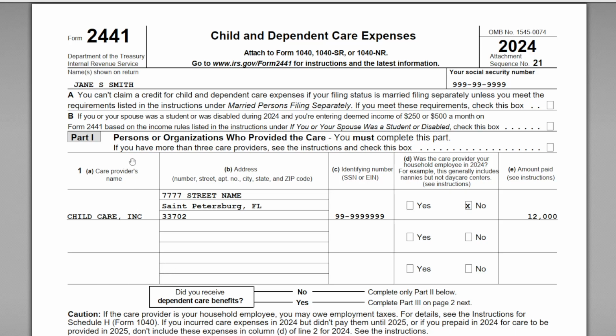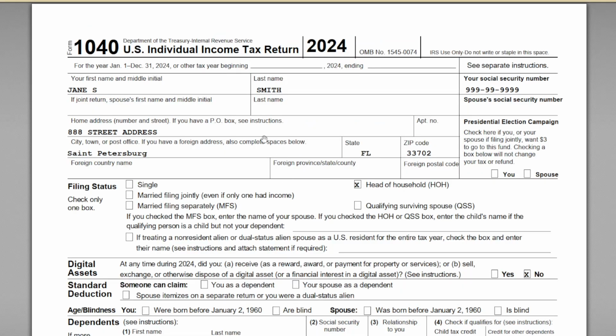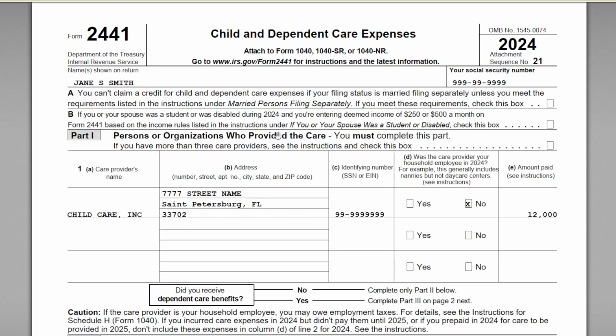All right, for this video, I want to do a quick run through of the IRS Form 2441, which is used to claim a federal tax credit for child and dependent care expenses. So we've got the 2441 here. We'll go through the form, all the parts, and it is part of a full 1040. So we'll cover the 1040, all the other schedules, the credit limit worksheets that we need to complete in addition